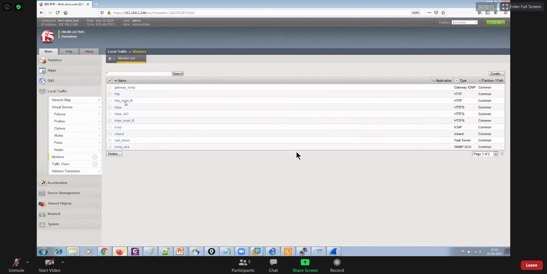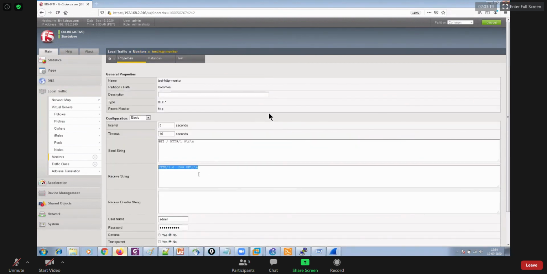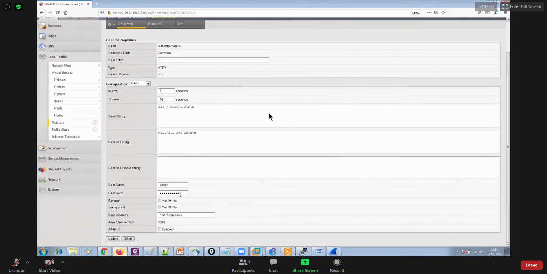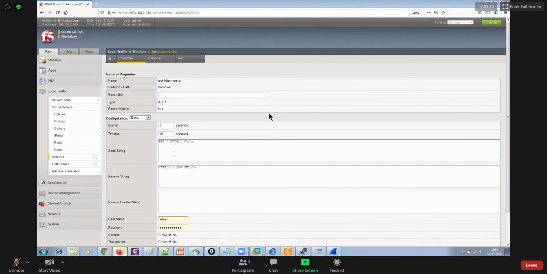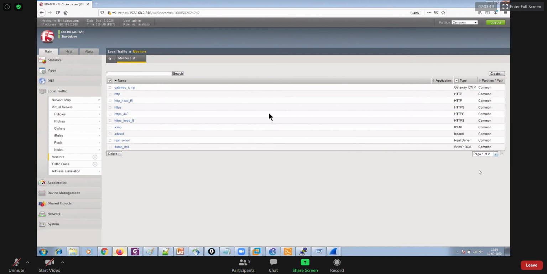The receive string was incorrect actually. That's why it's not matching up, and therefore it is showing me it's down. Right, guys? No need for admin user ID, password, and anything like that. Get this updated. Yeah, it's up now. So basically, the receive string was configured incorrectly, right? So now it's up. This is what we are doing here, right?